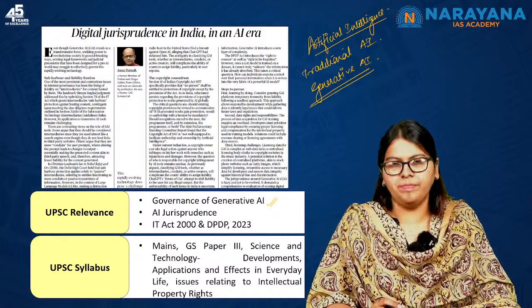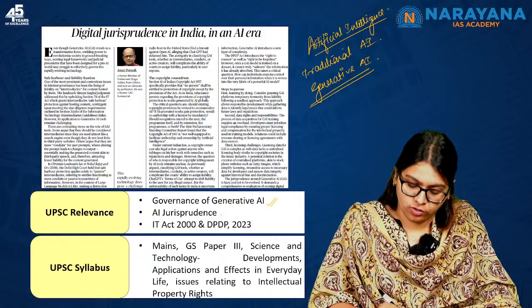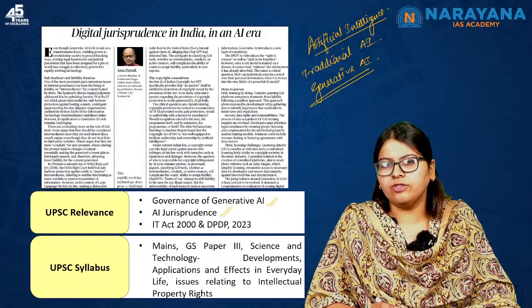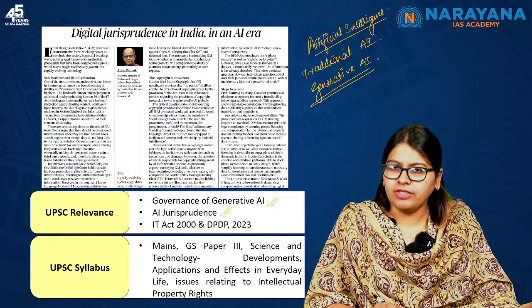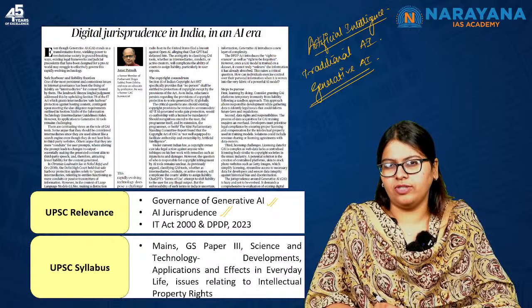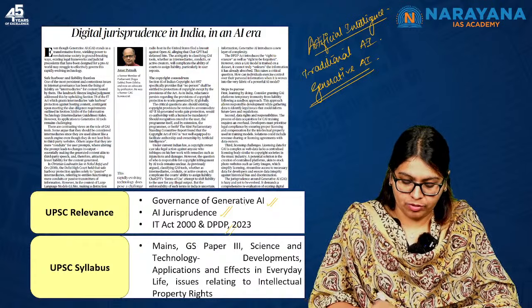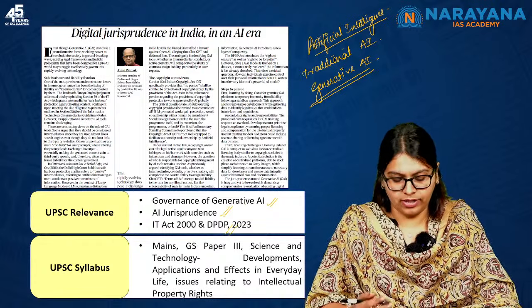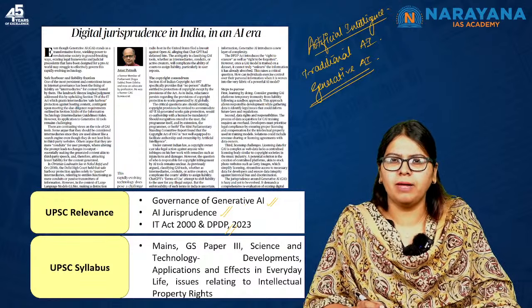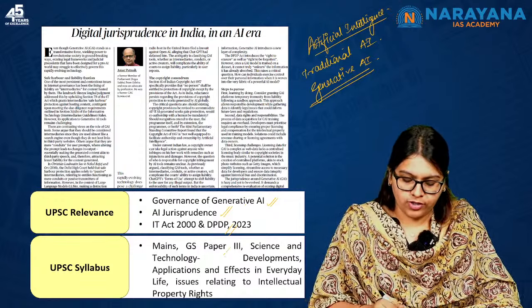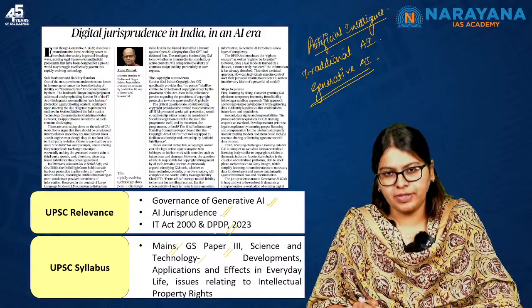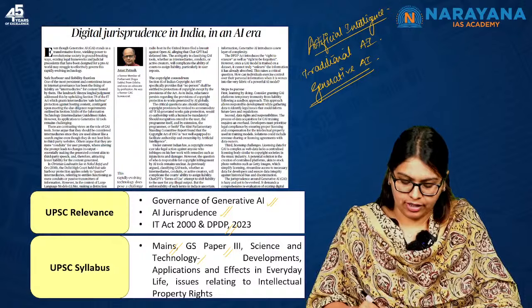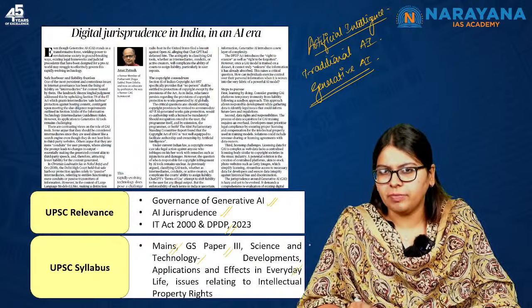Now we will be discussing how the governance of generative artificial intelligence is done in India, as well as artificial intelligence jurisprudence. We will also look into the different provisions like Section 79 of the IT Act of 2000, as well as the Data Protection Act of 2023. We can map this topic to GS Paper 3 Mains examination under science and technology, developments and applications of science in everyday life, and issues relating to IPR,